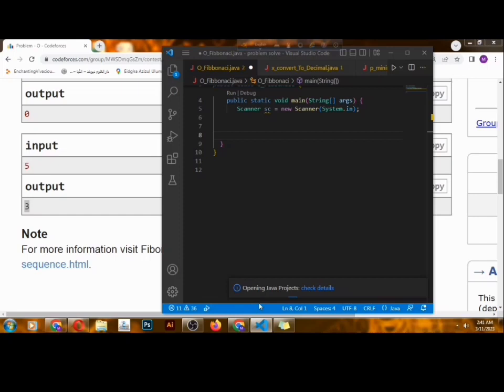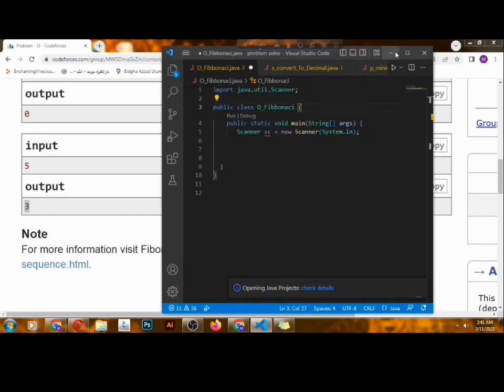We already discussed Fibonacci, so in this case we don't talk about Fibonacci more. I give the link of the Fibonacci video in my description box. First of all, we already have this Kernel class and package, and then we have to take an input from our user. So we write int n is equal to sc dot nextInt, and then we have